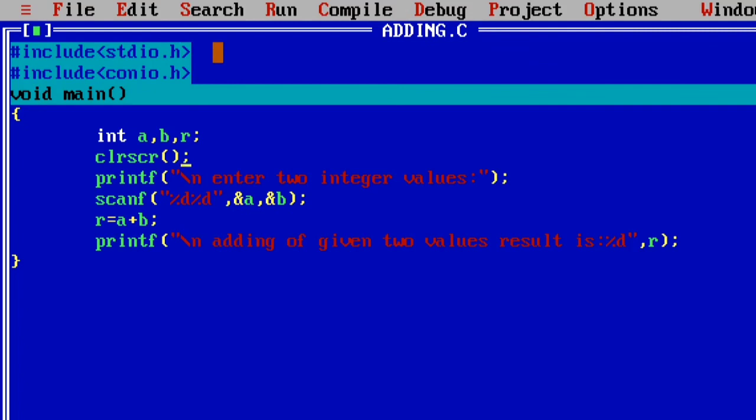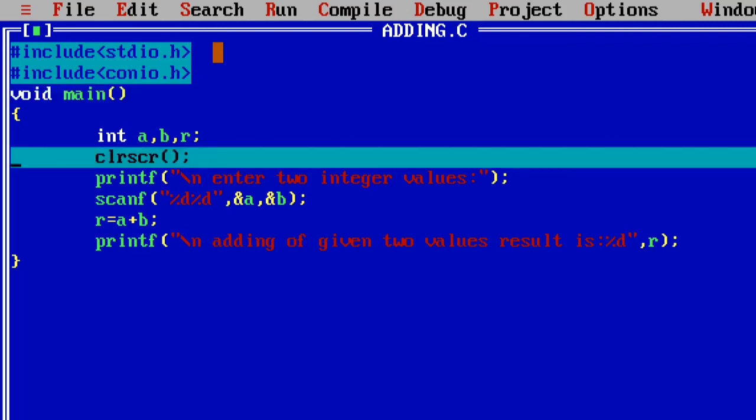Now we come to the execution part. Generally we know that C program execution always starts in the main function and ends in the main function. So my C program starts with the main function. Then come to the first line: int a, b, r.